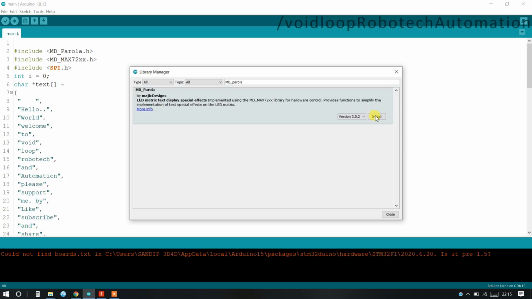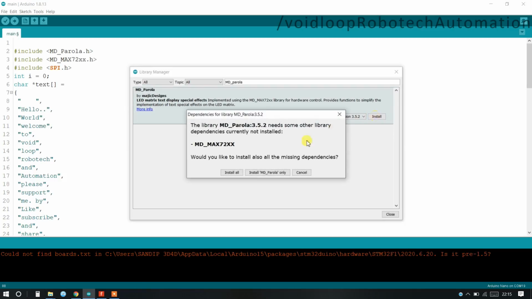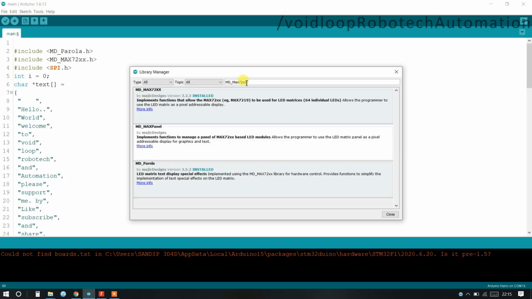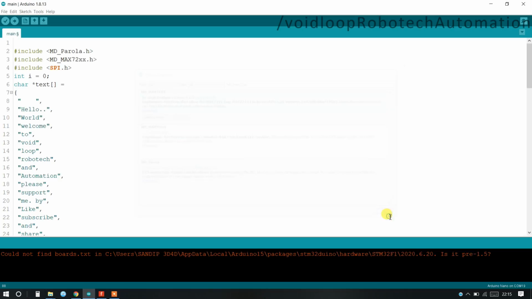Okay, I will install this, install all. And again I will search MD_MAX72xx. I think this is already installed. Okay, close this.